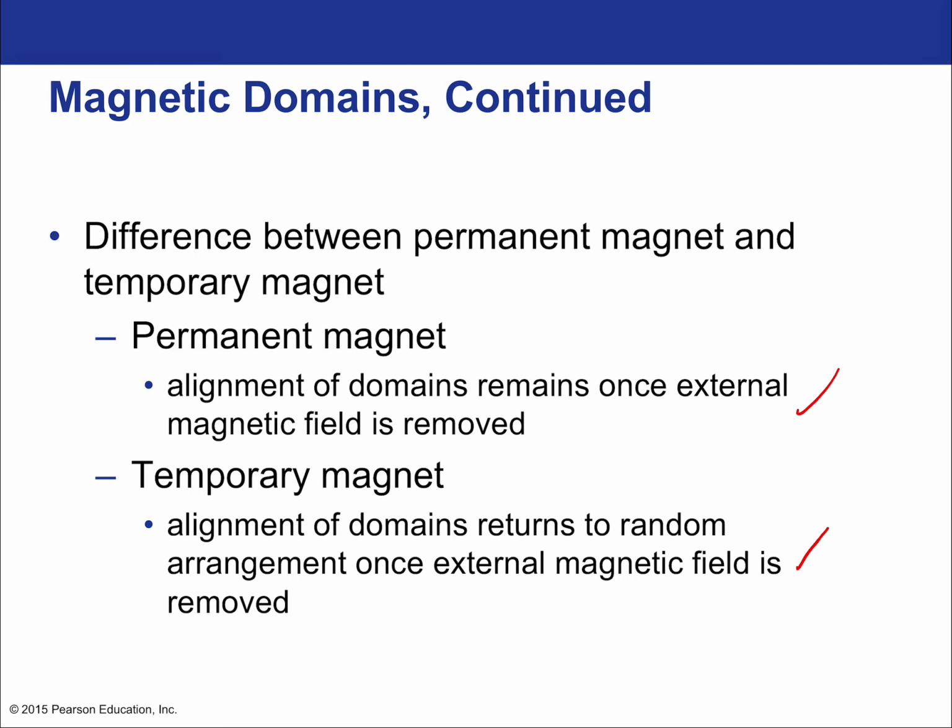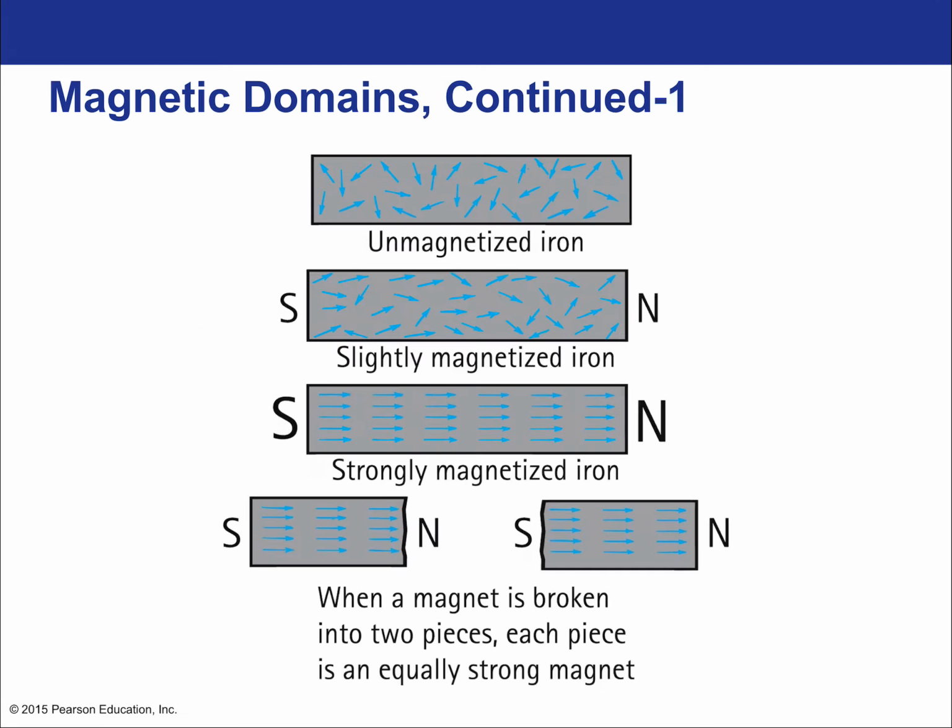Now that said, in all reality, if you think of solids, even if they're lodestones, or neodymium, even then there's no such thing as a truly permanent magnet, because natural processes of entropy are going to eventually lead to those domains becoming misaligned. But some of them will remain for a long, long time and thus seem pretty permanent. All right. So back to the idea that there's no such thing as a monopole, which is, there's no such thing as getting a south pole or a north pole by itself. You can get unmagnetized iron. You can magnetize it.